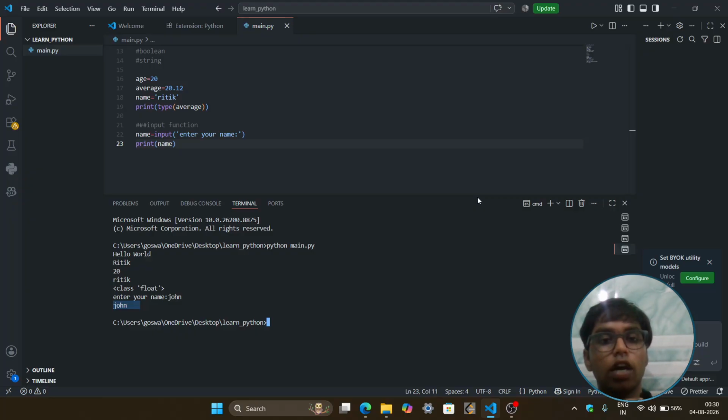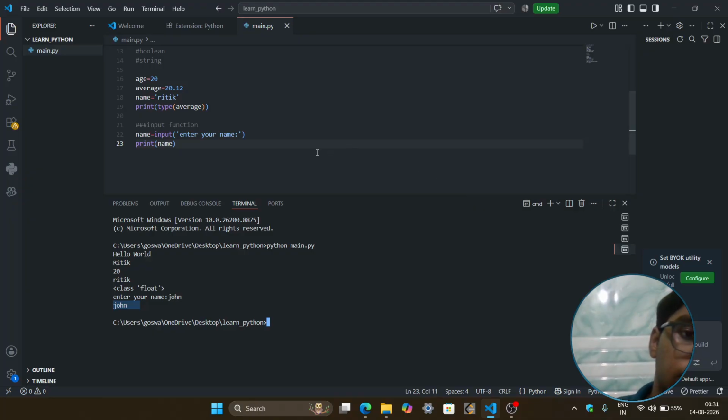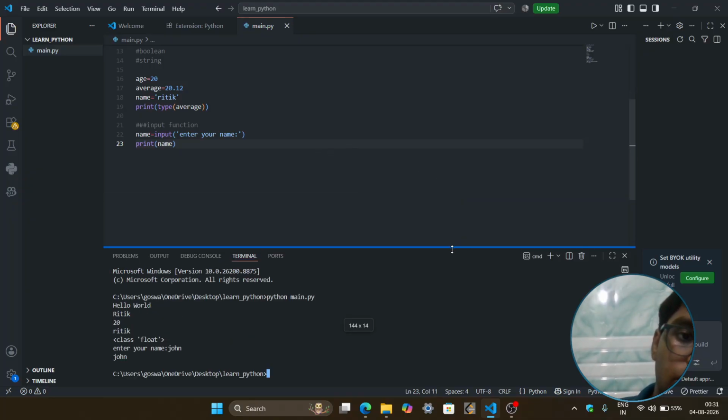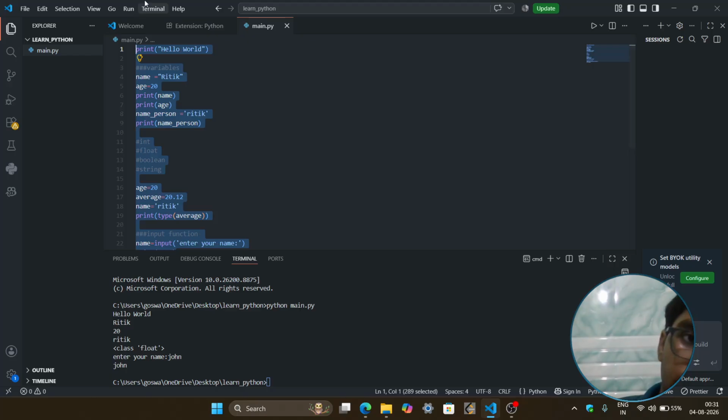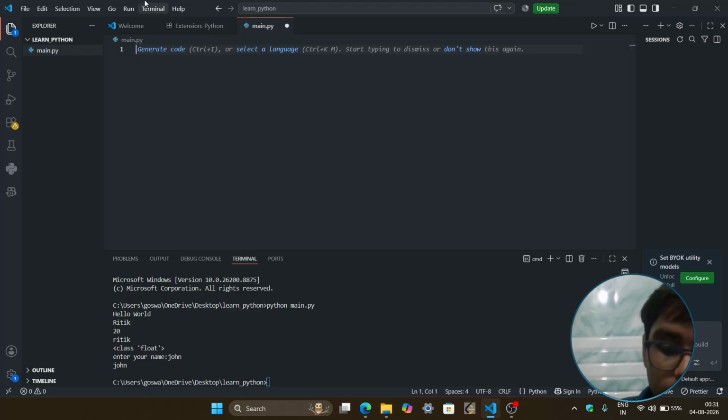Now let's go and make a simple arithmetic calculator. We are going to ask for two values and then perform some addition and subtraction on them. So let's clear it all. First of all we are going to take two variables.